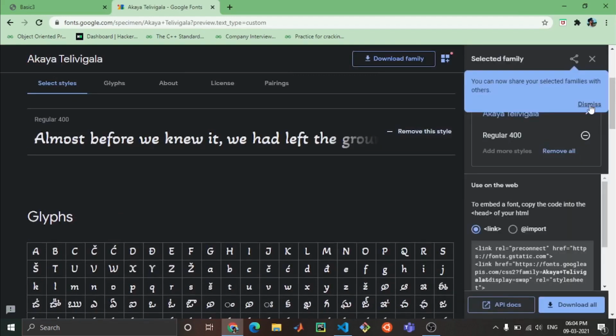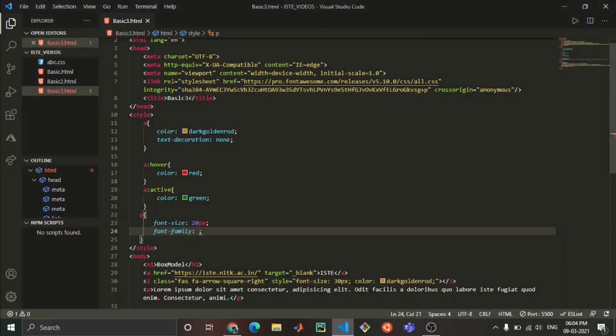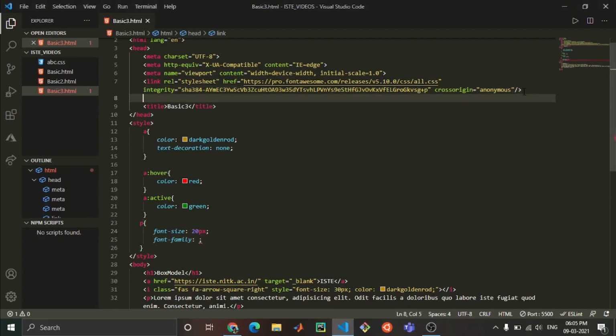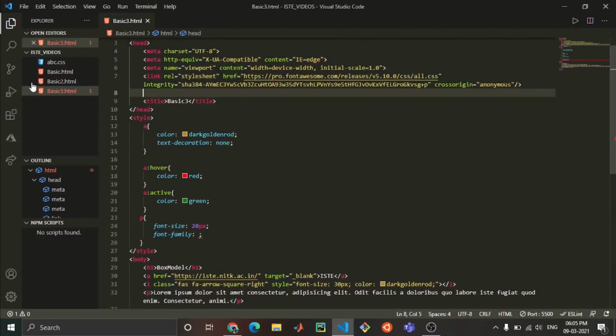Now, okay, dismiss this. What you have to do is first of all copy this part, the link href. This one you have to copy. Then you have to add this in your head tag, as we have done for the icon. You have to add this. Now just remove this. First of all, it is showing me some error. The meaning of this red thing is that there is some error.